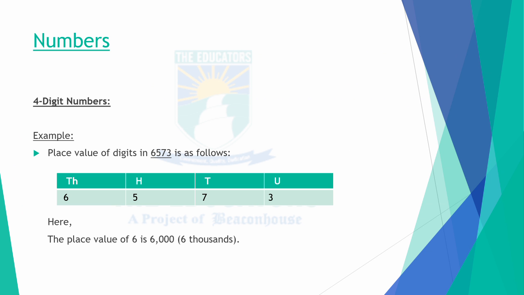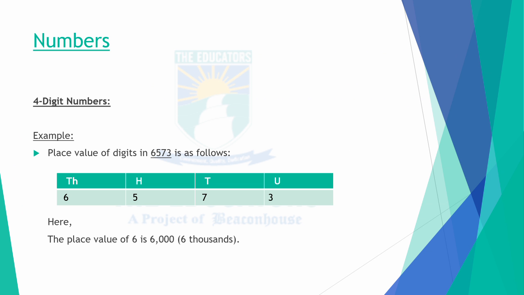Now we would learn how to read 4-digit numbers and how to find out the place values of these numbers. We are given an example: 6573, and we have to find out the place value of all these digits. We are simply going to put these numbers into the place value chart. Then it will be easy for us to find out the place value of every digit. We would start from the most right side. 3 is coming at the most right side. It means that we are going to put it in the unit place.